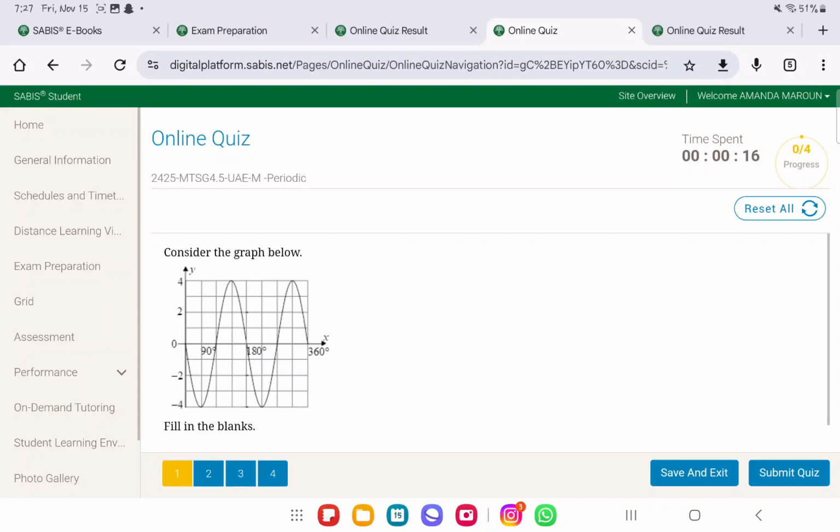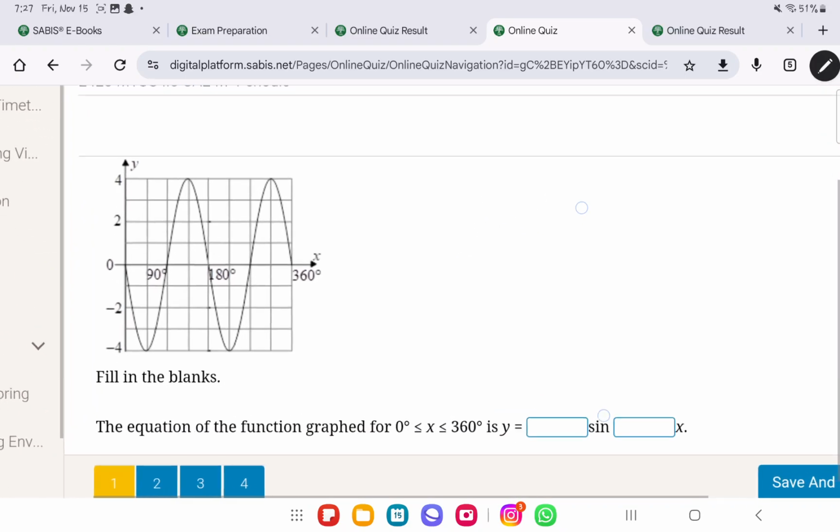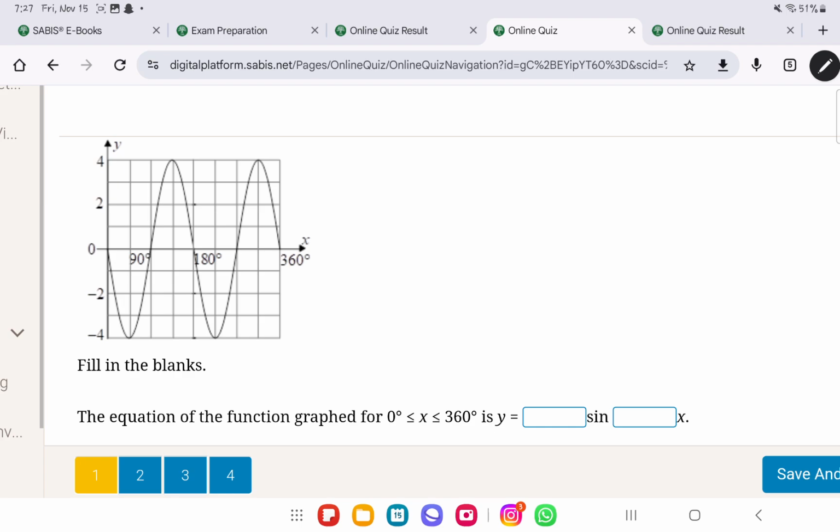So today I'll be explaining the math course practice section 4.5 for geometry, okay? So let's start with the first question. They told us the equation of the function graphed for 0 degrees,